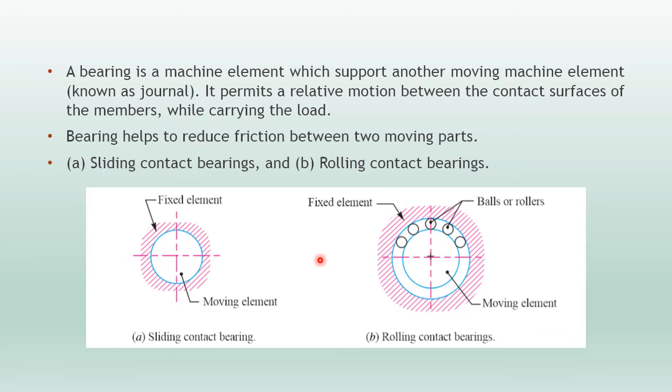Okay, so actually in your syllabus there is only a heading that you have to select the bearing. Okay, so we need not go much deeper in this topic. We don't have to design the bearing, as well as we don't have much types of sliding bearing or much technical definition related to it. Okay, so just we have to cover the selection of ball bearings. Okay, in your syllabus the only point given is selection of ball bearing. So let's consider the factors to be considered while selecting the ball bearing.